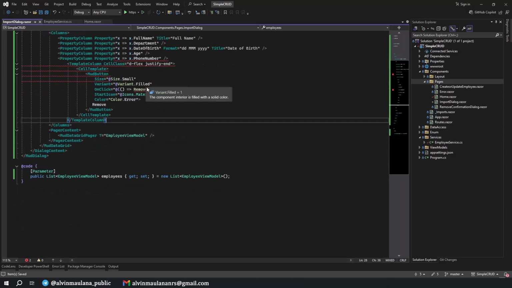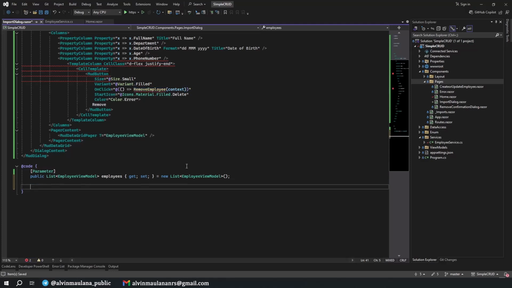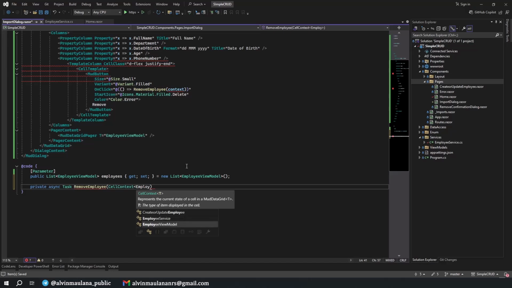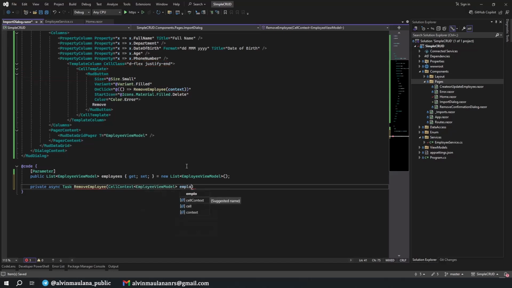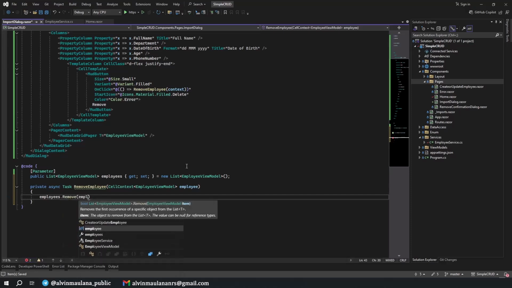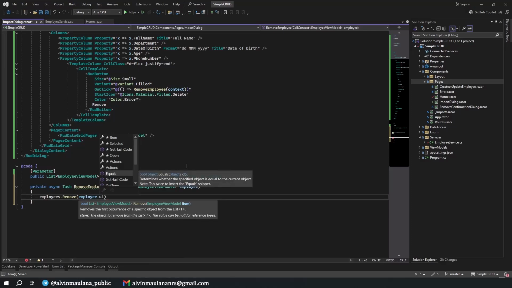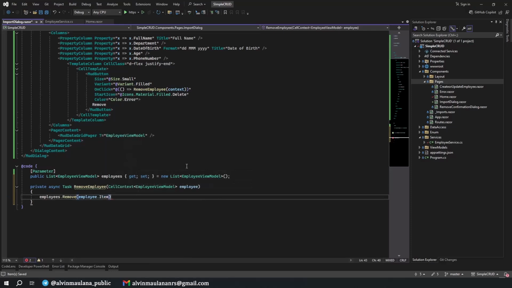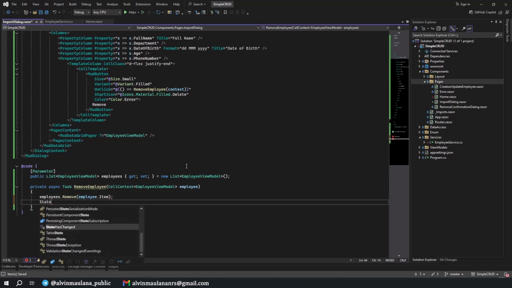And now we need to define the RemoveEmployee: private async Task RemoveEmployee of CellContext of EmployeeViewModel employee. We just remove the employee when the list contains the employee item. Then StateHasChanged.